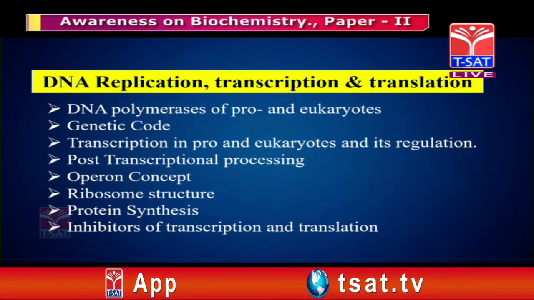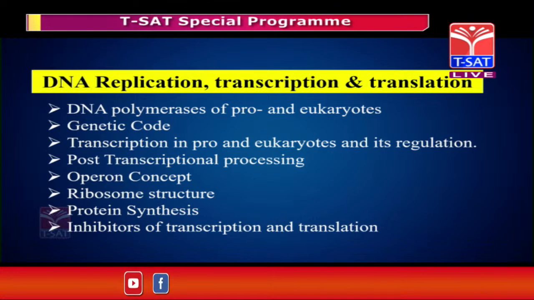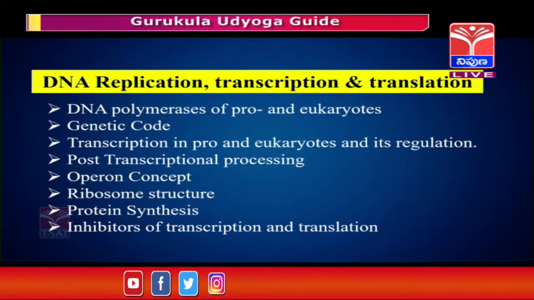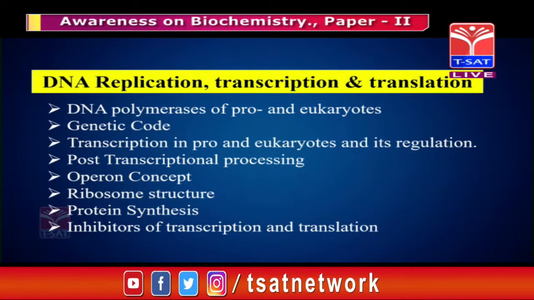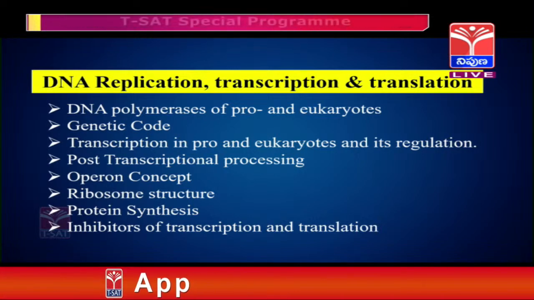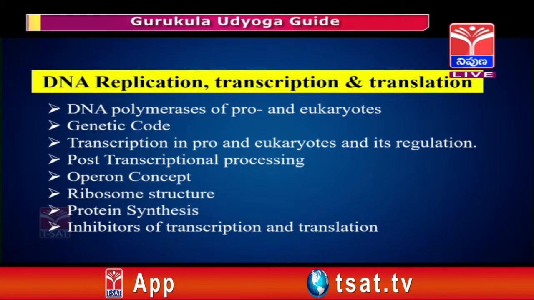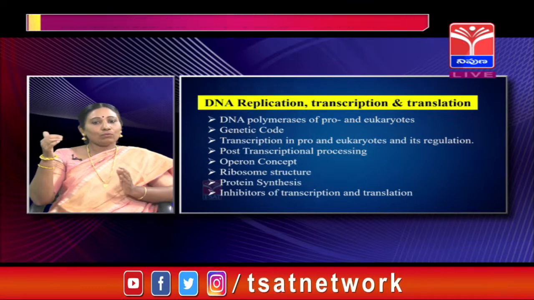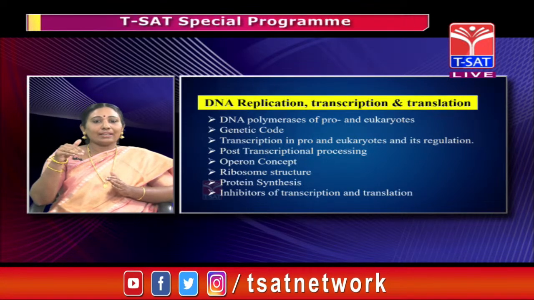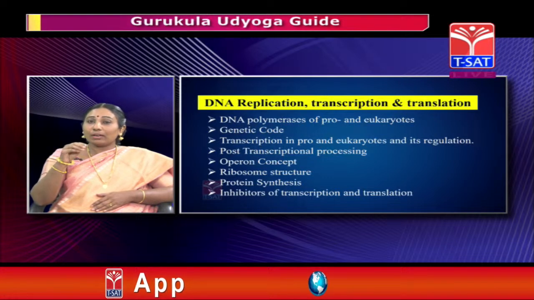complex. The initiation complex in the translation process consists of three components, that is, we have the amino acyl F-met tRNA, and then we have a 30S subunit, and then we have the mRNA. So, this is an initiation complex. In the multiple choice questions, they may give all the three components, or they may skip one component and give only two components. So, unless and until we are thorough with every step, what is happening and what components are involved,